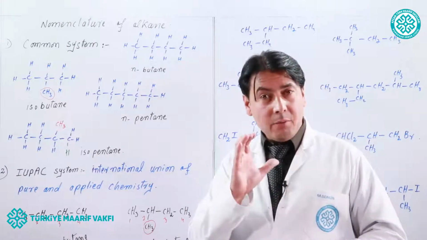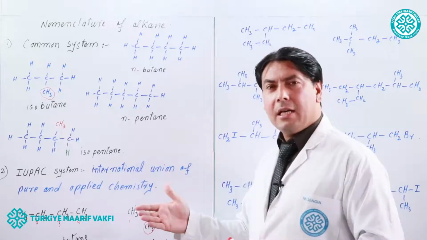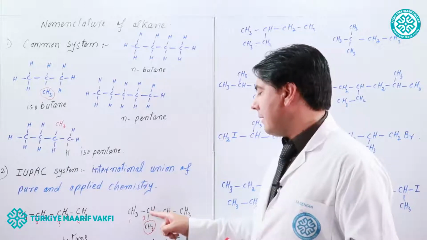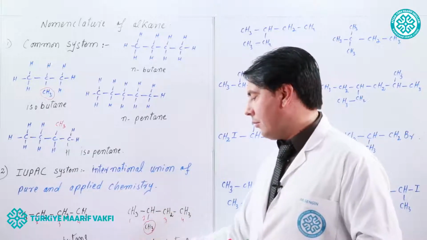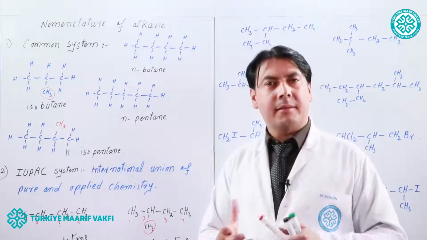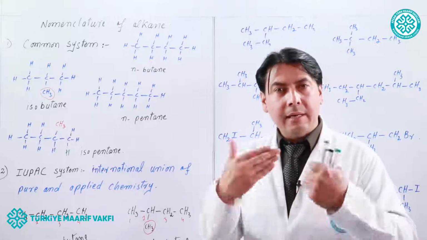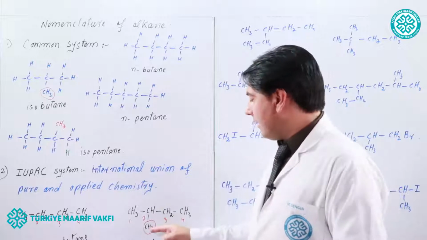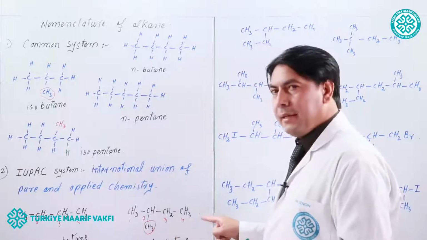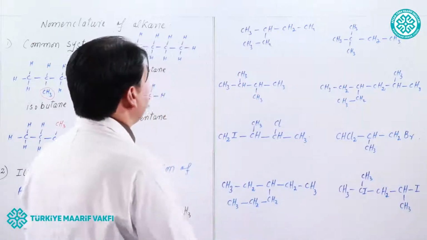First we have to mention the position of the substituent, that is, at which carbon the substituent is attached. Look here, the substituent is attached at the second carbon. So we mention the position of the substituent, second. And what is the substituent? First we give the name of the substituent and later the alkane. The substituent is methyl, so 2-methylbutane. The parent name is butane. Now look at another example.